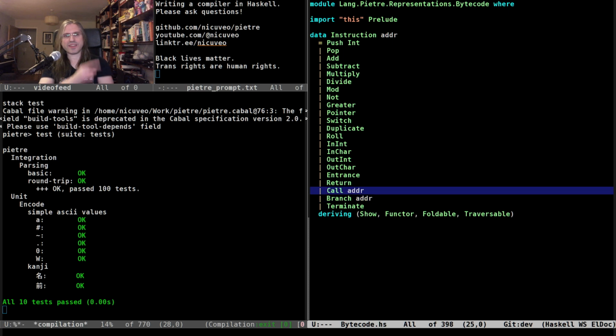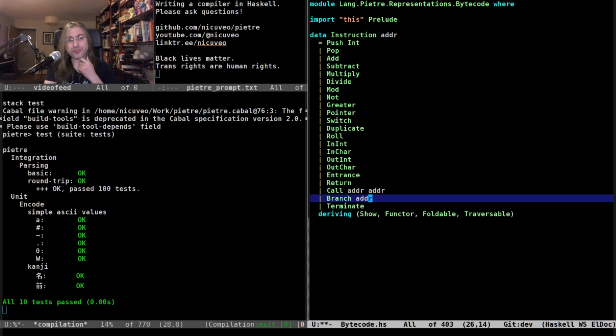Because call is a function call, therefore we need to push things on the stack and we need to push the return address. That's the thing. There we go. That's why a call is different from the other instructions. We need to specify the return address and then push the address we're going to. Branch is just local, so it's just an address in the current function.